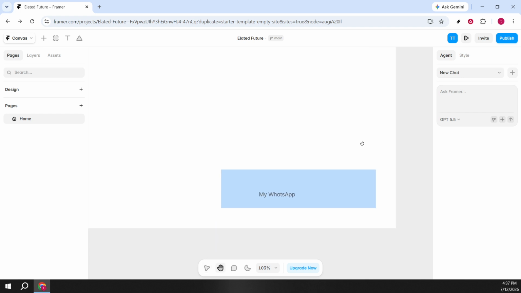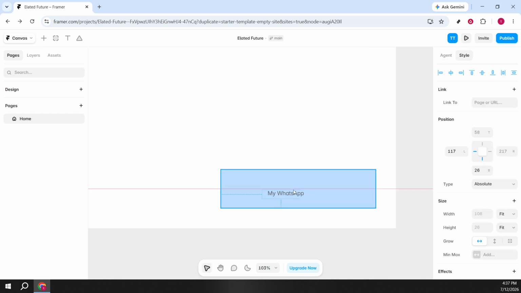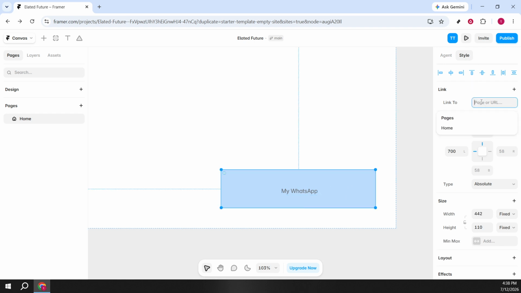Now look to the left side of the editor for the Style panel. This is where you adjust visual properties, and importantly, where you'll add the link. Find the link field. Paste your WhatsApp link here in the standard format so Framer treats the text as a clickable element. The simplest format is